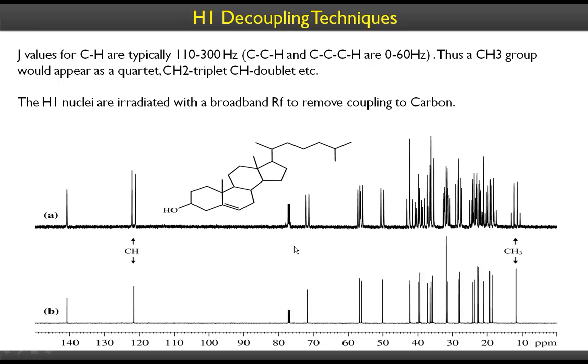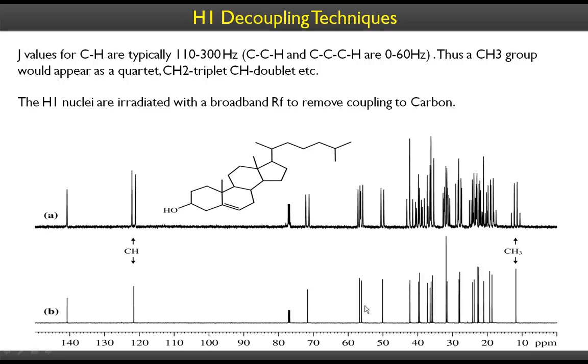However, there came along some technique that decouples the proton, and as a result, the sensitivity of the carbon-13 signals has been increased, and also the spectrum is pretty much simplified now. The complexity has been taken off because you are nullifying the effects of the proton on carbon-13. Otherwise, there are no local magnetic fields, and therefore there is no spin splitting. As a result, each one of the peaks is a singlet, and each singlet corresponds to one chemically non-equivalent carbon, right? So if you have 30 peaks here, that number corresponds to the 30 carbons of cholesterol,